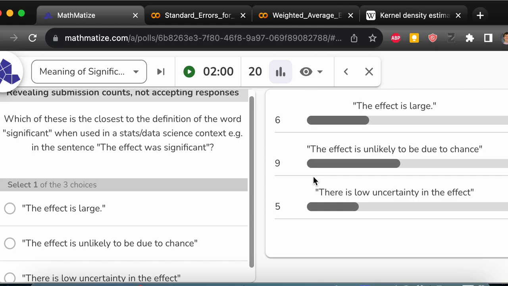Yeah. So which one did you say, first of all? The popular one. The effect is unlikely to be due to chance. Okay, yeah, tell me about that one. The reason is that both the answers 6 and the 5 one are related to it, but like you said, why I think this is right is because as a data scientist we are generally using, for more complex models, linear regression, a way to figure out which attributes really have an